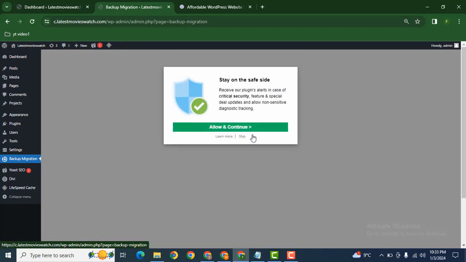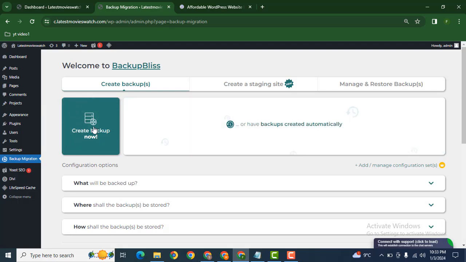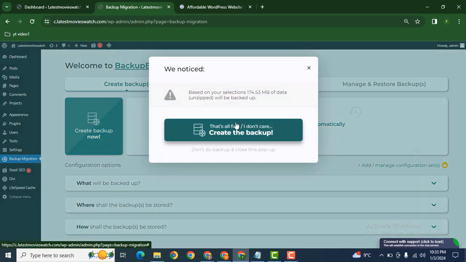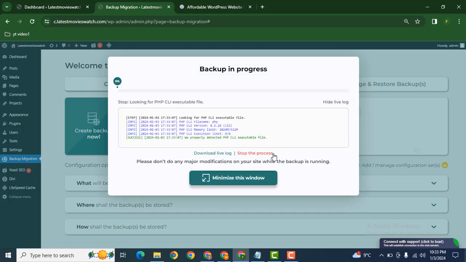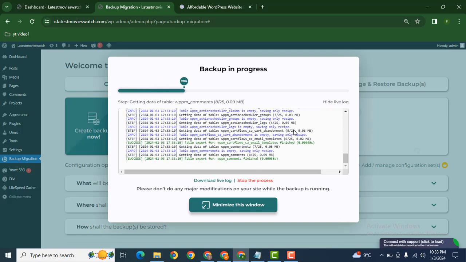And after that, now skip these options. Now if you want to create a new backup, just click here, create backup. Here you can see the backup process has started,